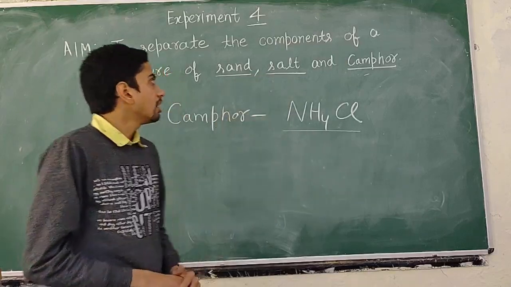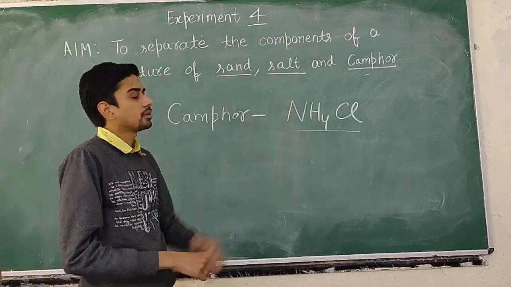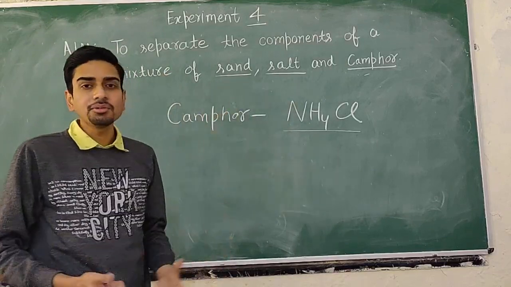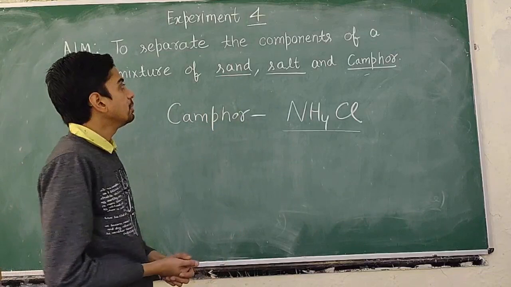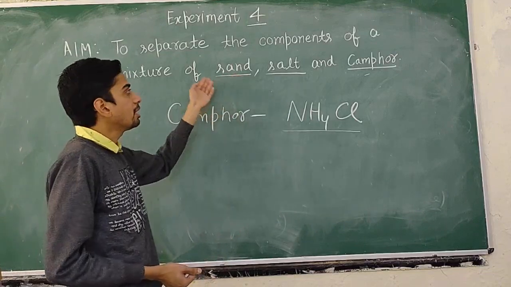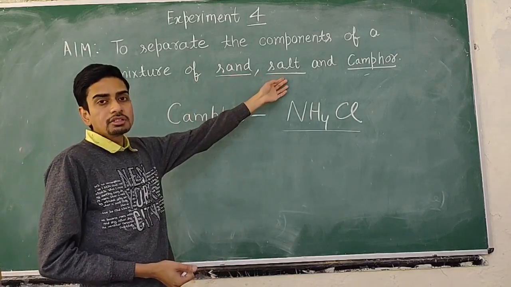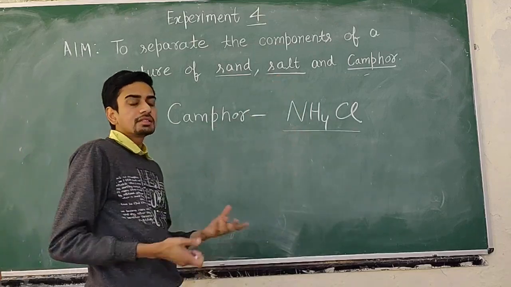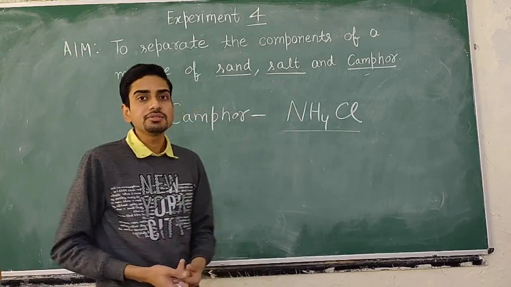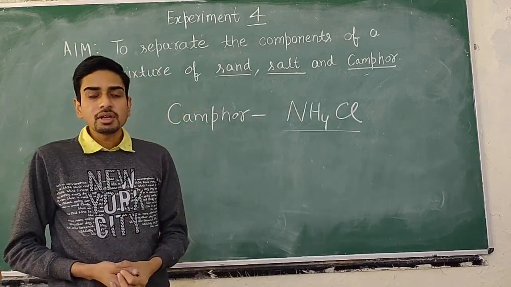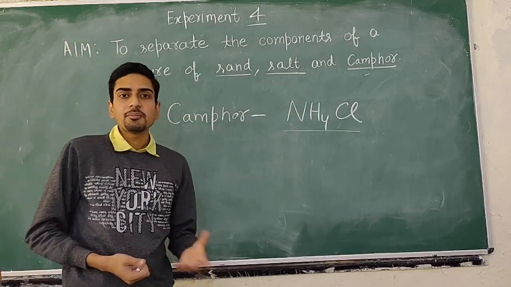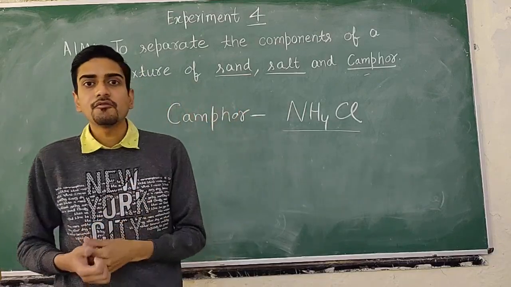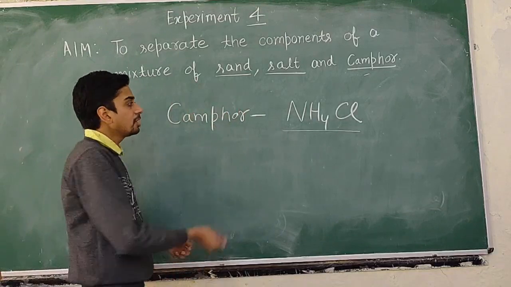Now we are left with sand and salt, and this is a very easy method. You know that sand settles down in solution, so simply by filtration we can separate sand. Now we are left with a solution of salt and water. Salt can be separated from water by evaporation. The water gets evaporated and salt is left. So we used 3 methods.